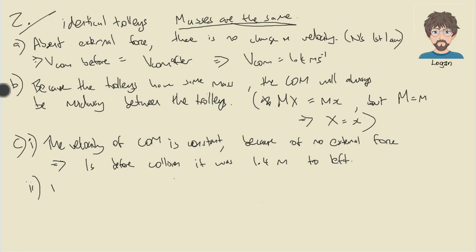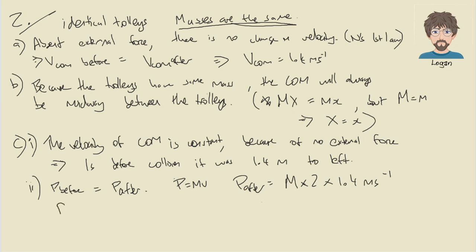Well, okay. So P before, so this is a momentum aspect. Momentum before equals momentum after. Now, momentum equals mv. So for the momentum after, we'll give the mass of a trolley to be capital M, and there's two of those trolleys, so that's twice that, and then times 1.4. So that's our momentum after. Momentum before equals, well, there's only one trolley moving before the collision, so it's capital M times our unknown velocity,